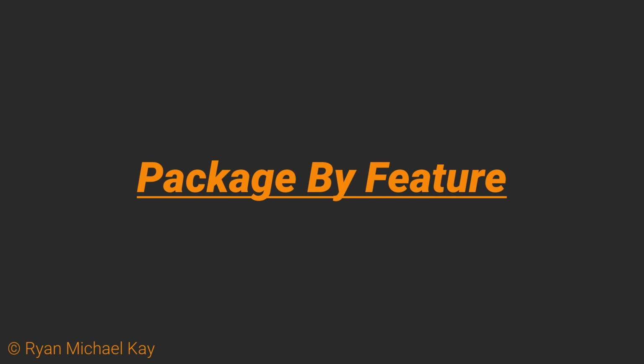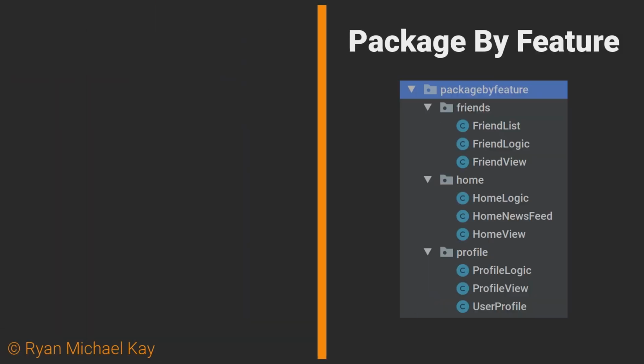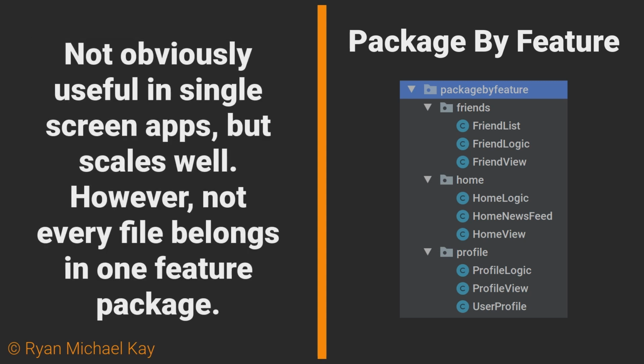A feature can be loosely described as a particular screen of your application. For example, in Facebook you have Home, Profile, and Find Friends features, to name a few. The idea with package by feature is that you place any file which has to do with a particular feature in the same package. Especially in medium to large scale projects, I find this setup to be much more organized than package by layer. However, the problem with it is that it does not account for source files which need to be used in multiple different features.